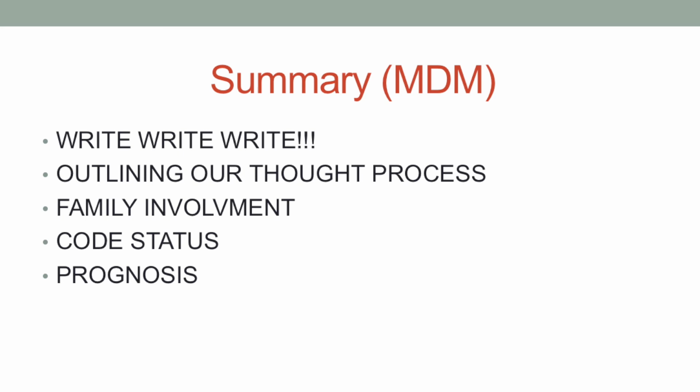Is there any family involvement at the time? Who's involved? Who is the competent person? Who is the POA? Who are we conveying this information to? Do we have a code status? Are they DNR, DNRCA? Are they full code? And then what is the prognosis? Is it grave? Is it serious? Is it fair? These things need to be included in a very full chart for altered mental status,